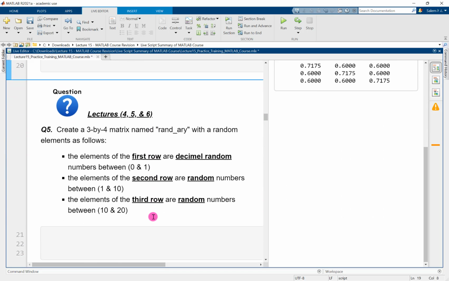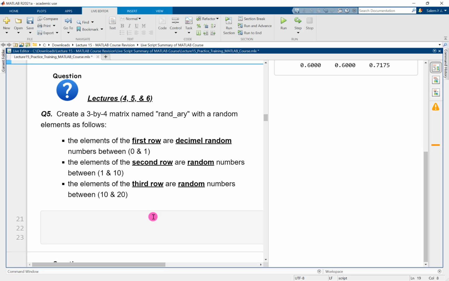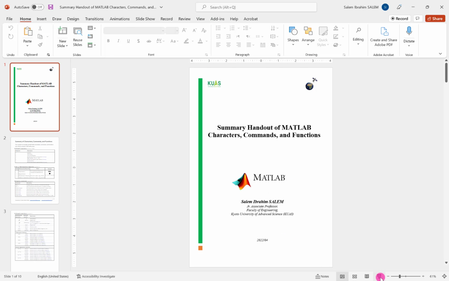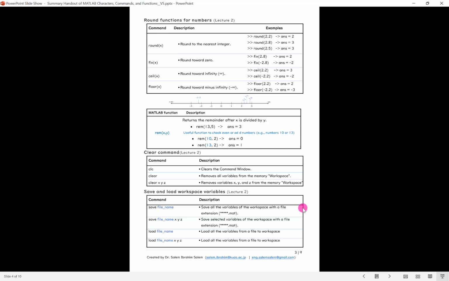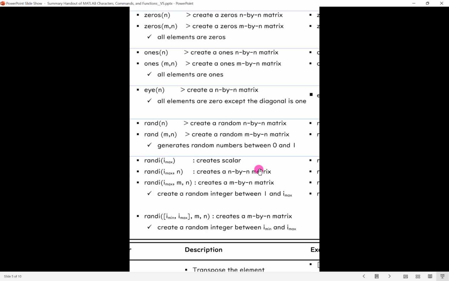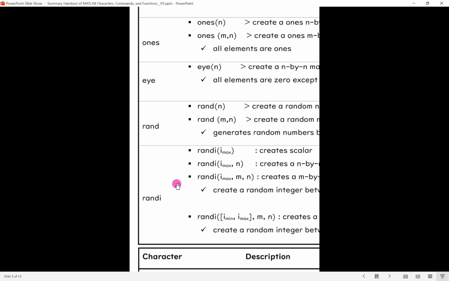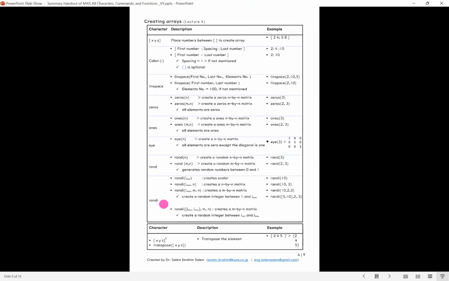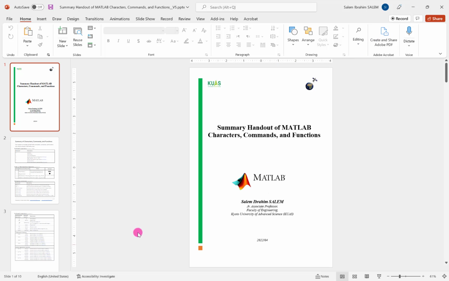Okay, next question. Next question is, again, how to create a matrix. But remember, we learned something about, this is the handout. If we have a full screen, and just going back, yes, here. So do you remember this random and random integer? These two. Random to create a random number, and random integer to create a random integer number. This is in page number 4. So if we check now,